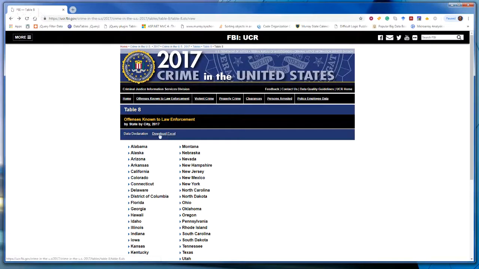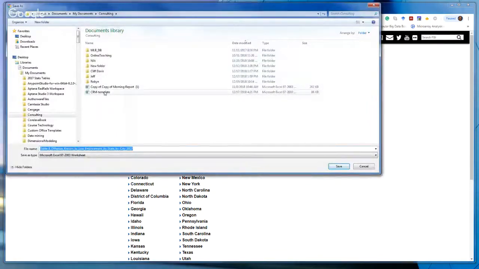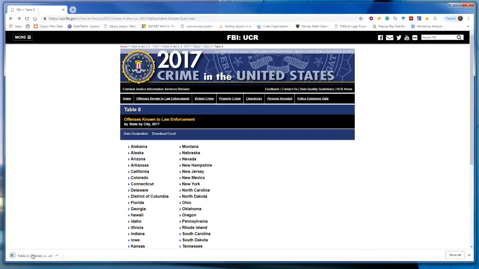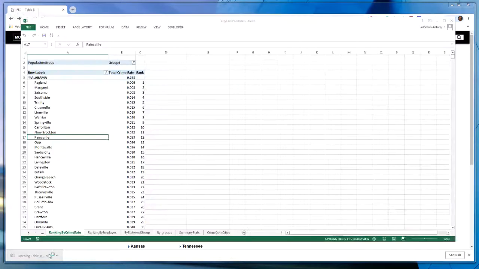So if you go to download Excel, it creates, okay, all right. So you can download this data to your hard drive and take a look at it. Okay, here it is.